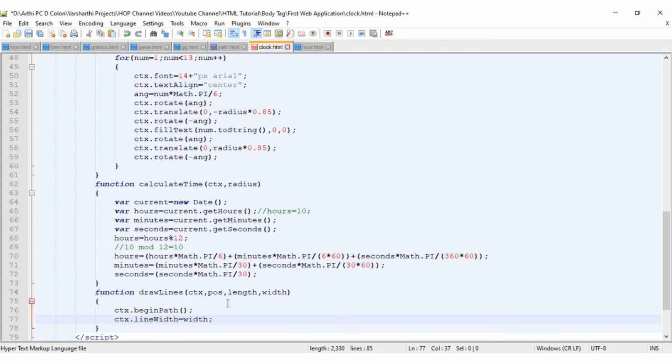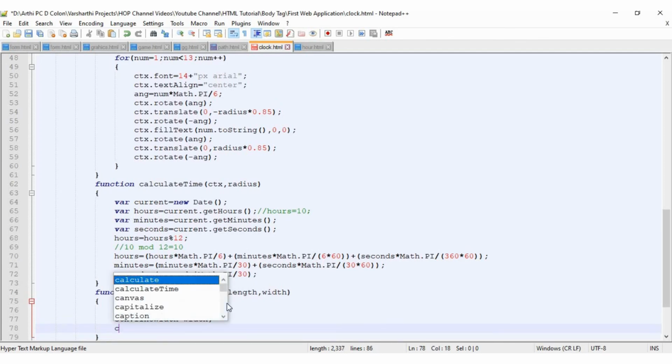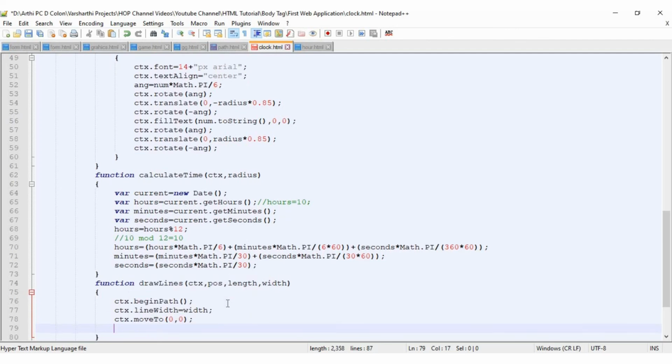As it is a circle, I am calculating it with the radius. Then move from the origin. We have our circle at the origin position, hence from the origin we have to rotate to the corresponding angle we calculated in the calculate time function for the hours hand, minute hand and seconds hand.